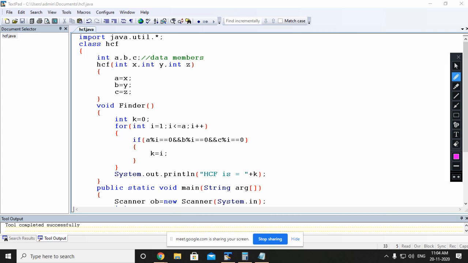See, while declaring the SCF constructor, the parameters must be 3. Why? Because in this question we are taking 3 inputs. So these 3 variables we are supposed to assign to the data members, that is your A, B and C. One more additional function is required for finding the SCF. So here we are simply calculating the SCF. Any way you can use.